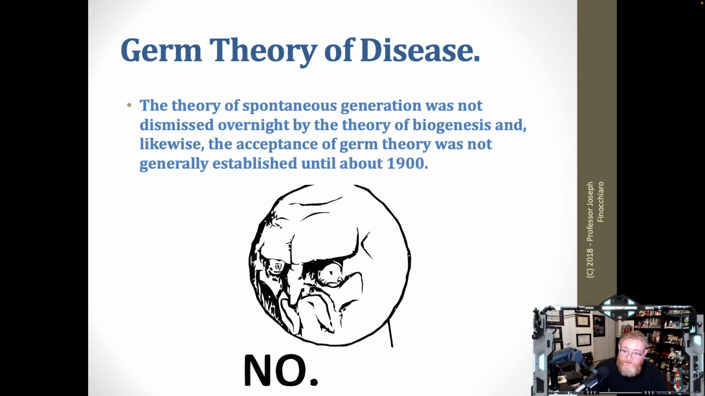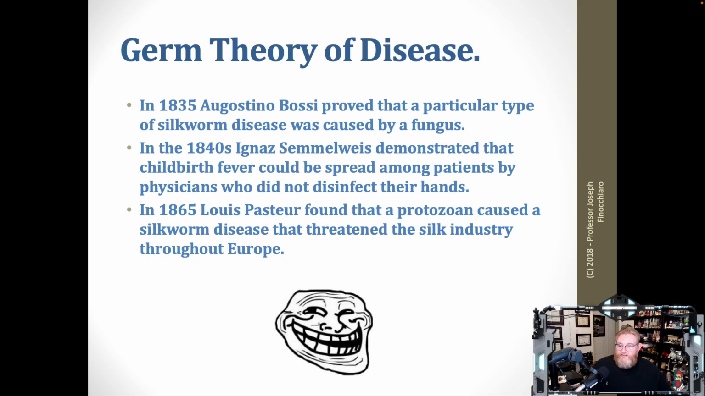The theory of spontaneous generation was not dismissed overnight by the theory of biogenesis, and likewise, the acceptance of germ theory was not generally established until 1900. In 1835, Agostino Bossi proved that a particular type of silkworm disease was caused by a fungus. In the 1840s, Ignaz Semmelweis demonstrated that childbirth fever could be spread among patients by physicians who did not disinfect